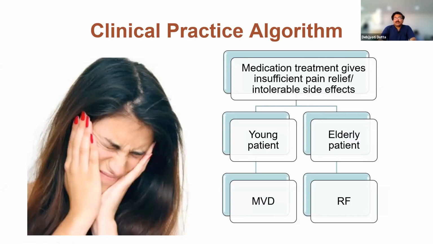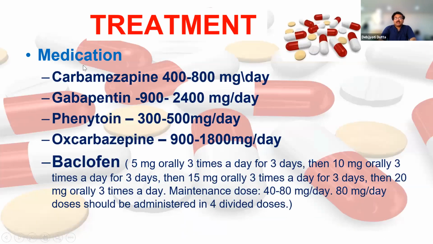Now, what medical management is commonly used for trigeminal neuralgia? So these are the drugs. The first drug of choice is carbamazepine. Usually the effective dose is 400 to 800 milligrams per day. Again, there are side effects like sedation and GI upset. So with carbamazepine, we should not start from such high doses. Usually it is started at 200 milligrams once a day with the sustained release preparation. I always start like that, then increase to 200 milligrams twice a day, then thrice a day, then four times. So we can increase carbamazepine that way.